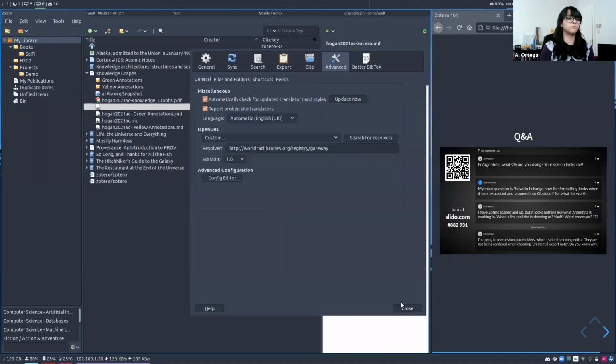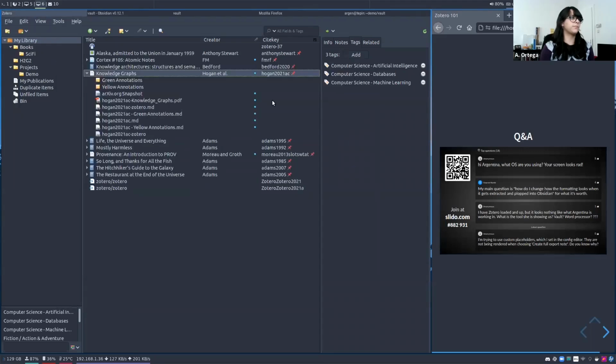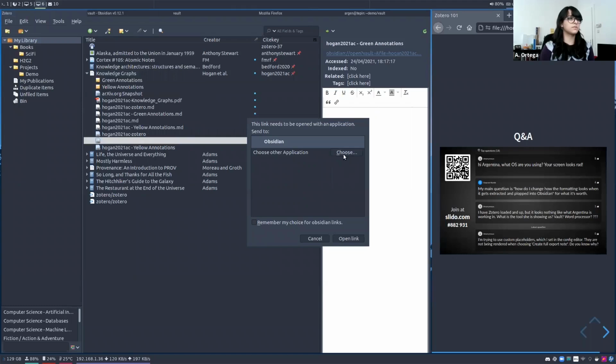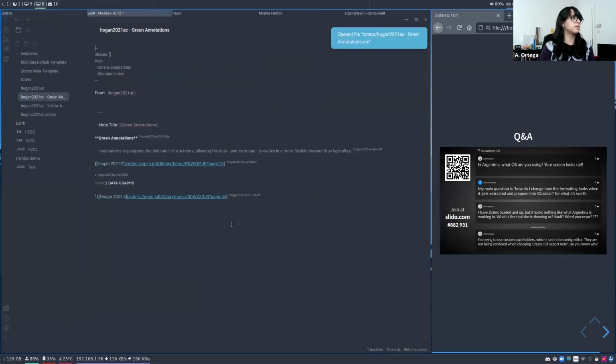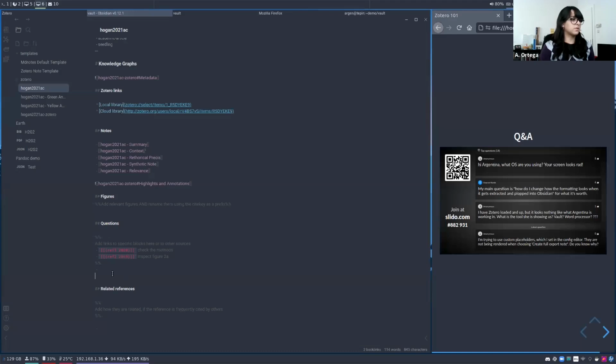So if we do again this very quickly, batch export, open, then you saw some other stuff was added here. So I can, for example, click on the green annotations, open link, and it brings me directly to my note. And if you see here, I already added also the possibility to use block references, so that, for example, if you are typing your questions here,